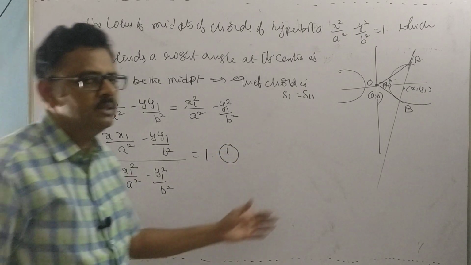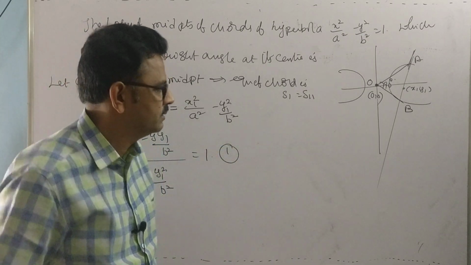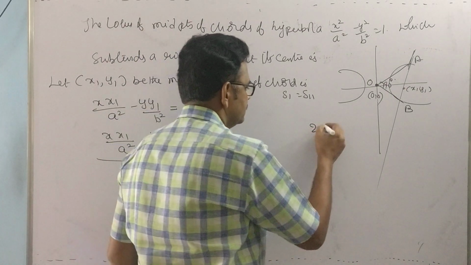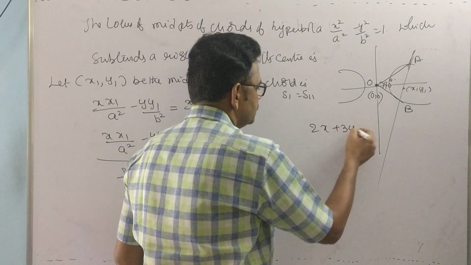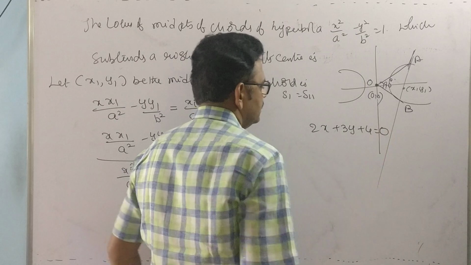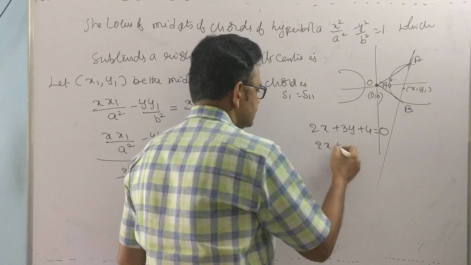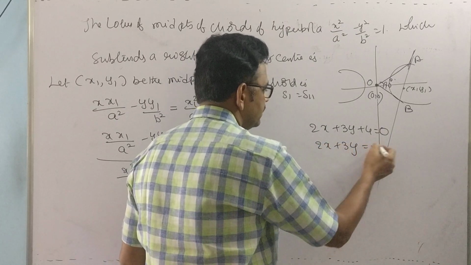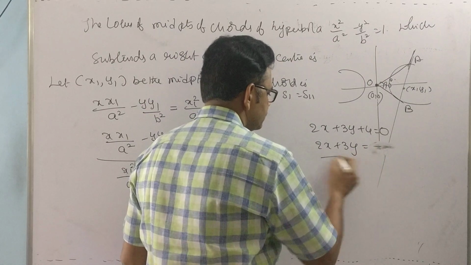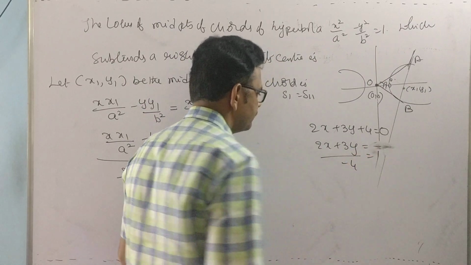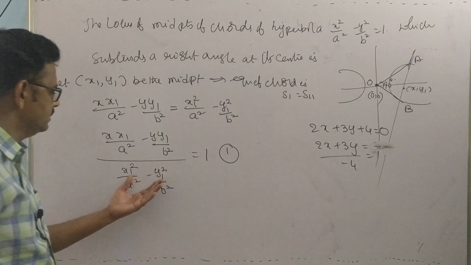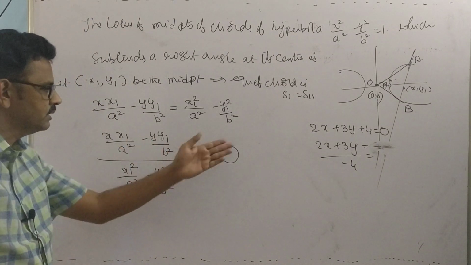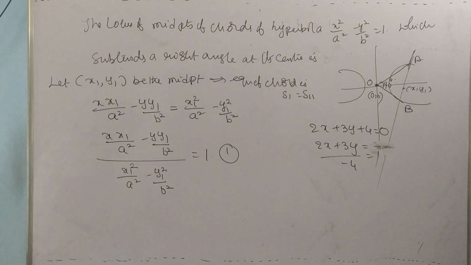So in first year we did more problems on homogenization. What is homogenization? Suppose 2x plus 3y plus 4 equals 0. The line you write as 2x plus 3y is equal to minus 4, or (2x plus 3y) by minus 4 is equal to 1, like this. The same way I can reduce that form. Now